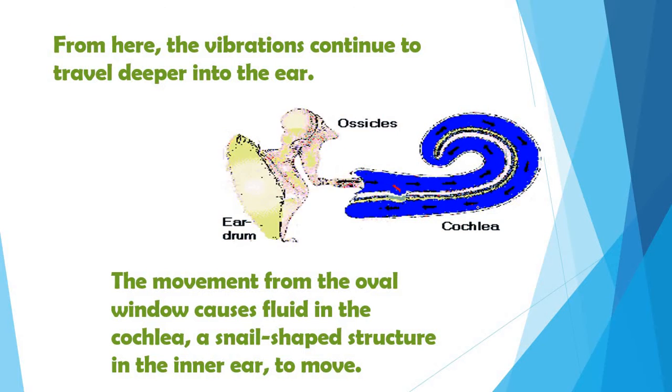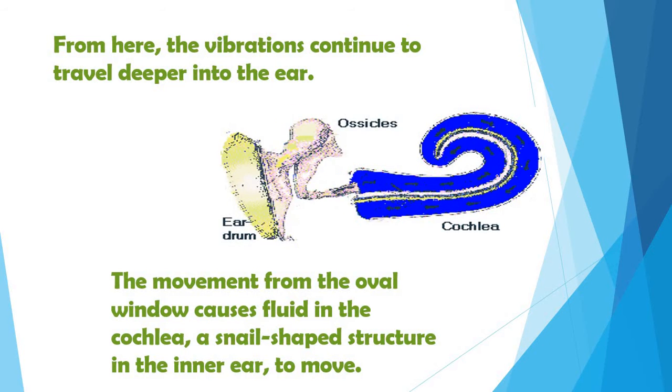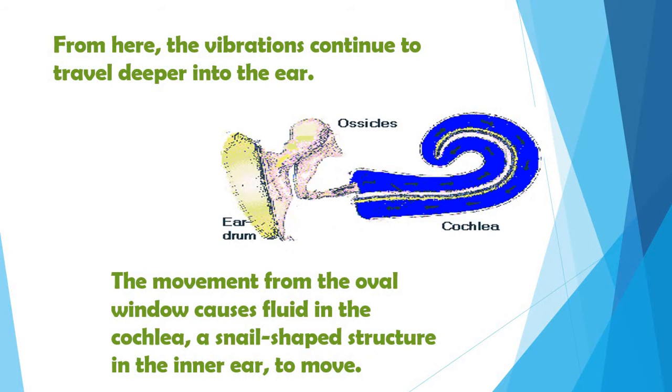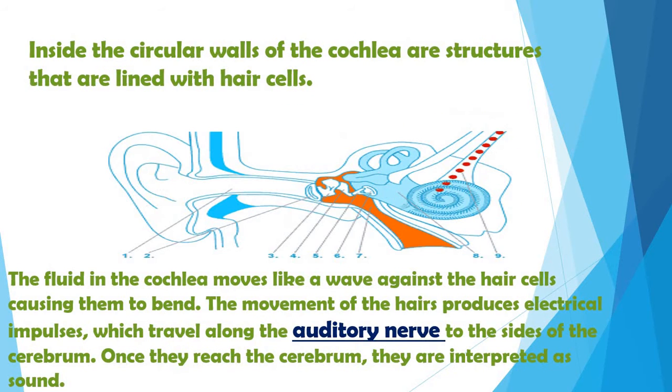This is the cochlea. It's in the inner ear. It looks like a snail shape. It contains a thick fluid inside it, and this fluid, by these vibrations, will move too. The cochlea is lined with hair-like structures on the inside. These hair-like structures will bend with the movement of the fluid inside the cochlea, and nerve impulses will be transferred from these hair structures